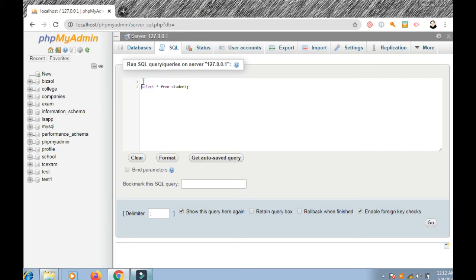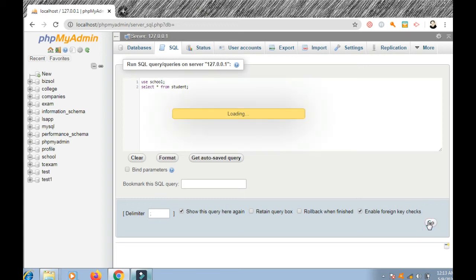We should use school. So there is left this school. You see this school. If I click this, there is no need to use school, because we are learning SQL. That is why I use again and again database name. Okay, and the table name. It will show all the records in the student table, all the records. Okay, so there are two records.